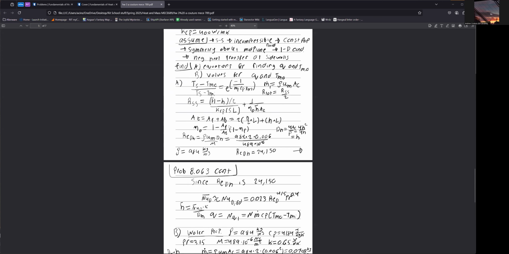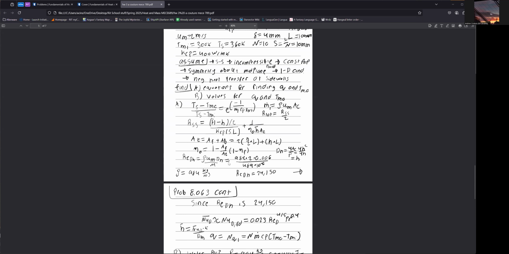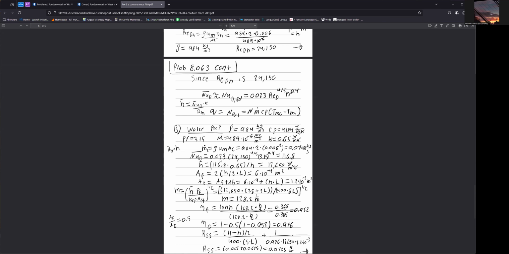Now to do the actual calculation, since we showed the equations up here, the variables get even longer because we need the water properties such as the density, CP, Prandtl number, mu, and conductivity of the water itself. To start, we can easily get the mass flow rate, which is 0.0708 kilograms per second. The Nusselt number from that, for the DH case, becomes